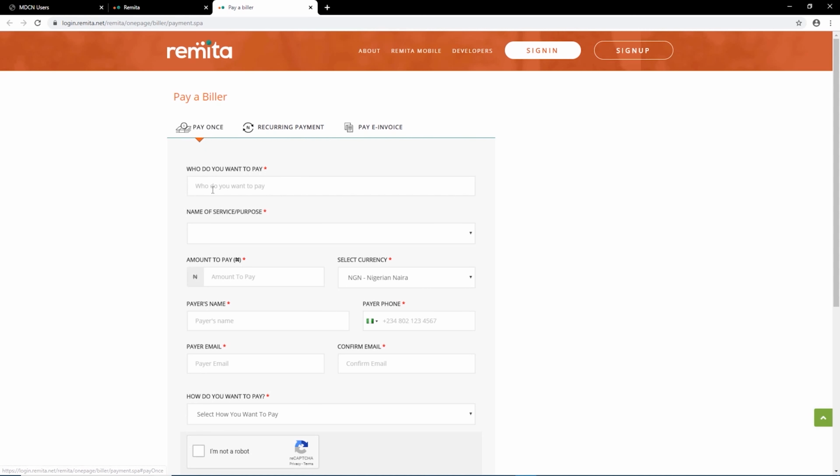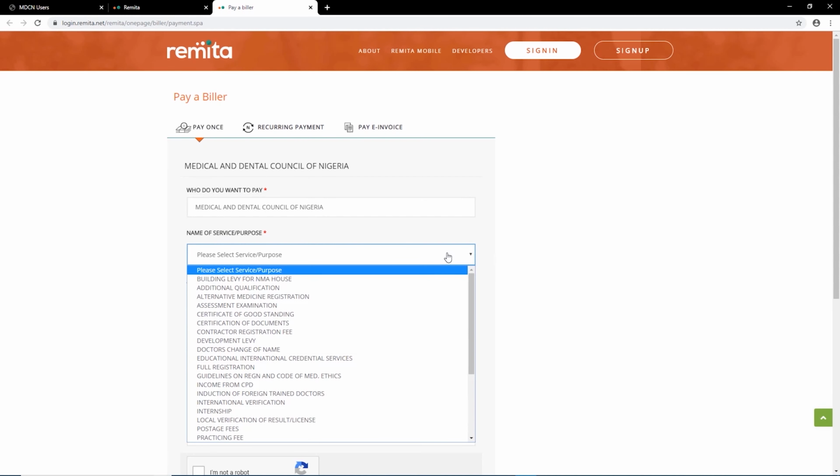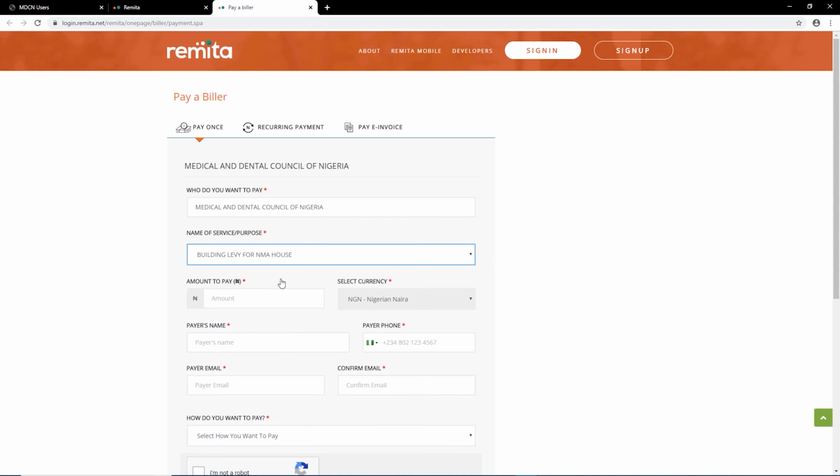The first thing here is who do you want to pay, and you want to pay the Medical and Dental Council of Nigeria. So you're going to input that, you type it in, it will bring it out for you to click. So I'm typing medical and dental. So that's it. It has brought up the option, and I'll click that. Now, when you click this, it brings out options for you under name of service / purpose, and you select from here. The first thing on the list is the building levy for NMA house, which you can select,